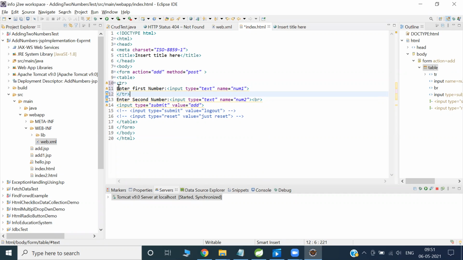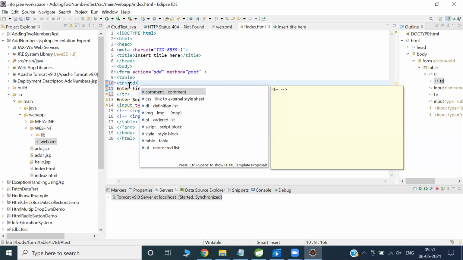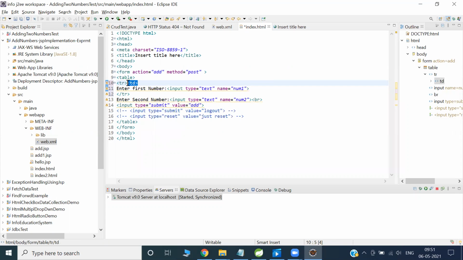Now we have TR, right? In TD we can put some. Okay, TD, copy.